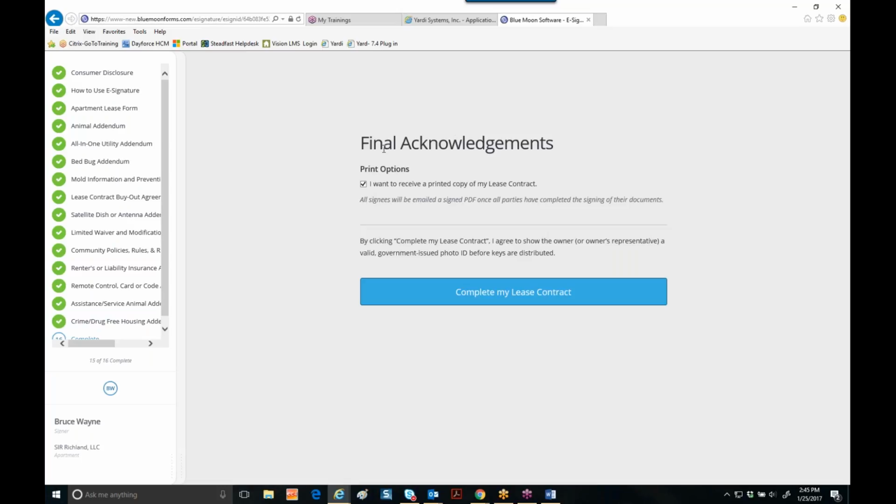All right, so final acknowledgments. There's a checkbox here. I want to receive a printed copy of my lease contract. So it looks like it always remains checked. They have the option of unchecking it if they want to. Otherwise, if they want a copy, they'll just leave the box checked. And just know that all of the people that have signed will be emailed a signed PDF once all parties have completed the signing of their documents. And once they're done,